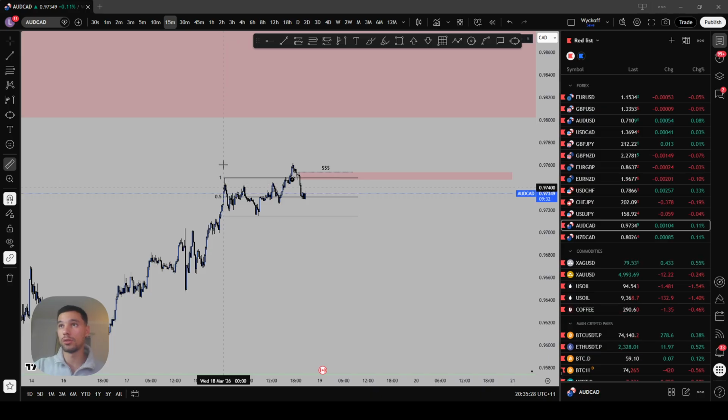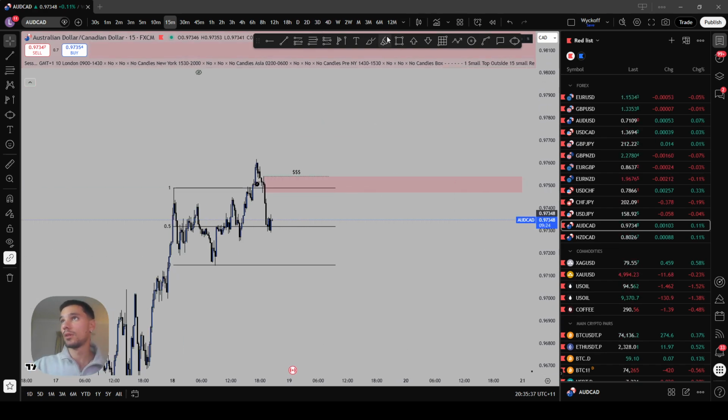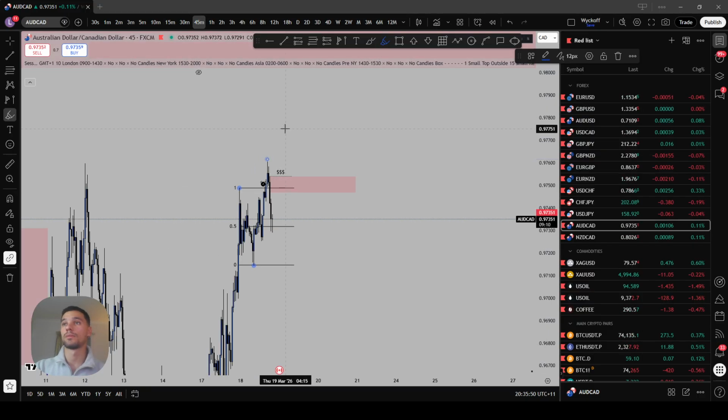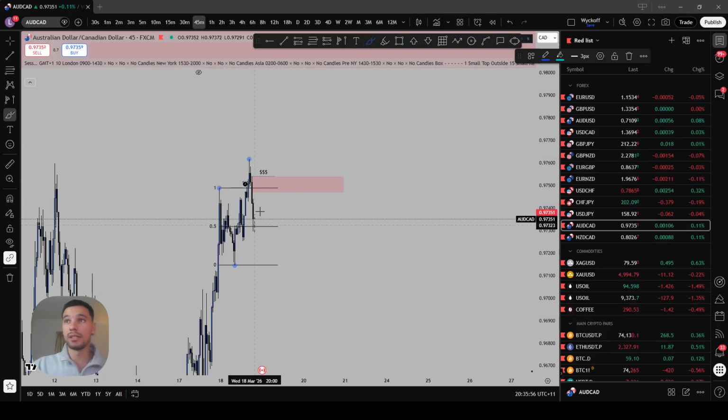Range is hanging around 20 hours, so range wise, not too bad. But yeah, just be patient. The only thing that will make me want to enter here is if we get a very slow climb up into this supply POI with a very strong reaction. Otherwise, I am not interested.